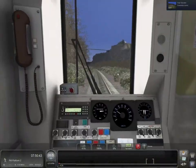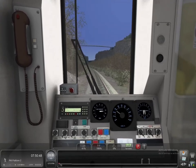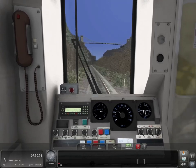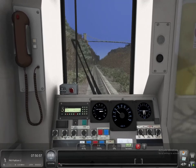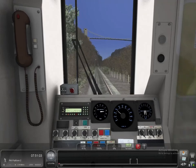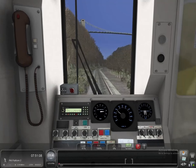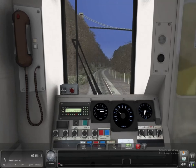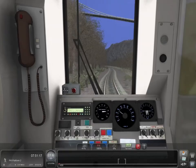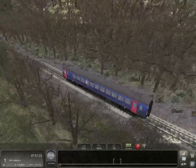Yeah. It's a bit of history about these units. These originally started their life off as Class 155 units, which were 2-car sprinter units made around sort of 1987, late 1980s, that sort of time. And then in the early 90s they were converted into single car units. Not all of them. There are still some double Class 155s about, but yeah, a lot of them got converted into single car units and renamed as the Class 153,